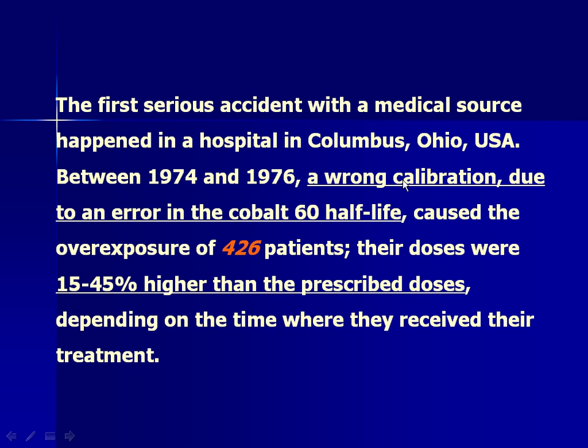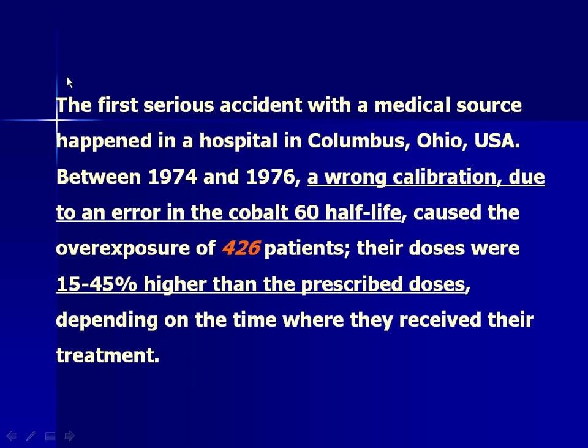So a wrong calibration due to the error of cobalt-60 half-life caused the overexposure of 400 patients, that says 426 patients, and their doses initially started out at a lower overdose, but gradually increased with time. So there was an error in how the cobalt-60 half-life was being decayed by the physicist responsible for calibrating that